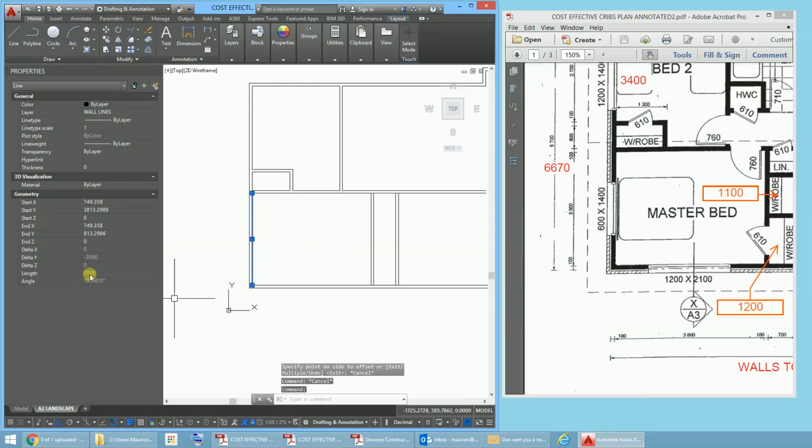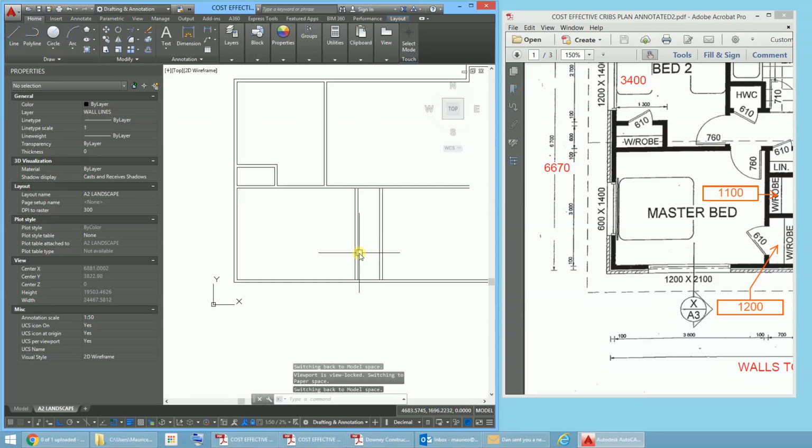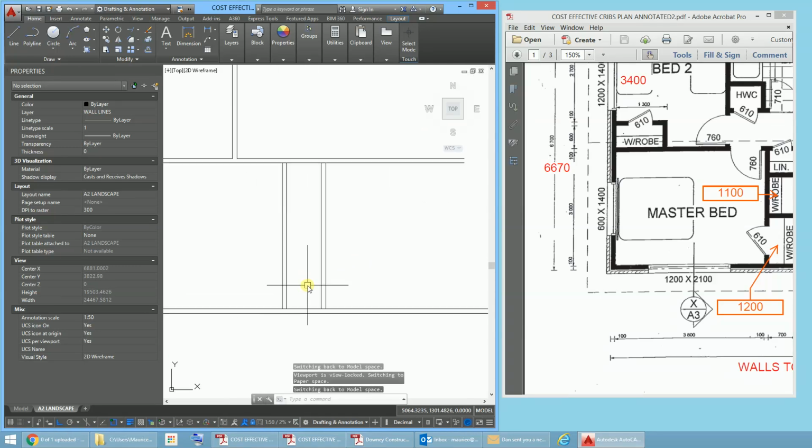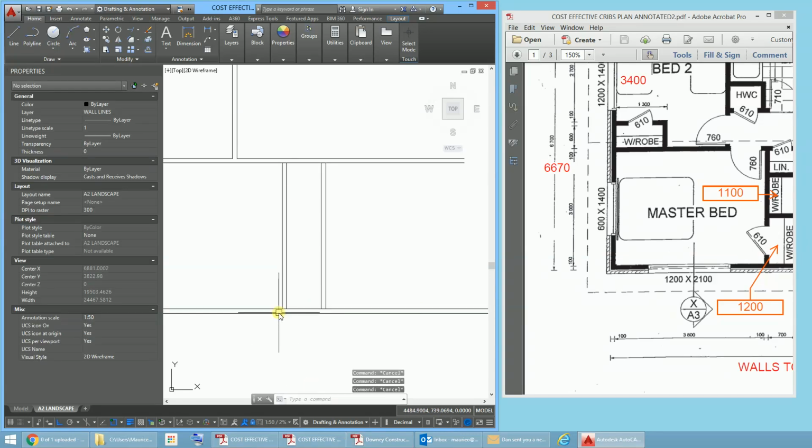Yes, you can see that it's got a length of 3 meters or 3000 millimeters. So that sort of all ties up with our measurements and what have you. Okay, now if we offset this line here, it's going to go way up there. So there's another way of doing it. I can just draw a little line that goes from there to there,